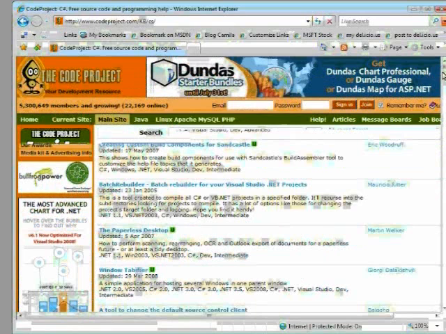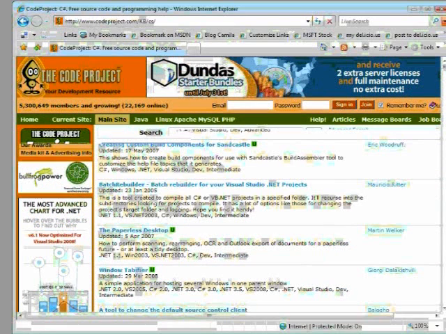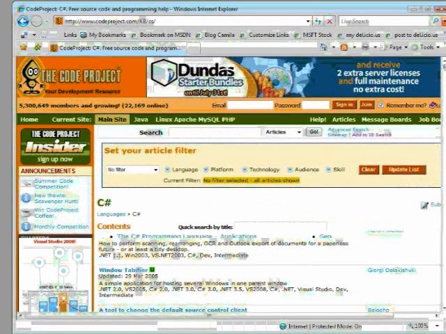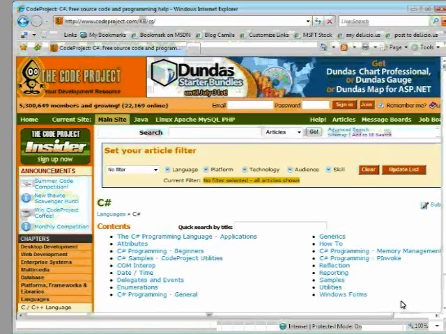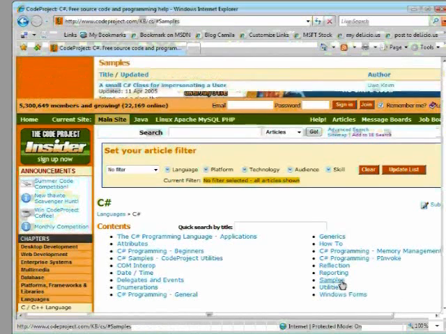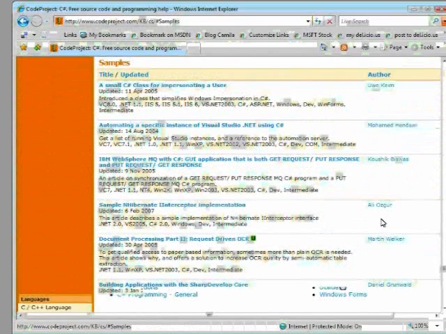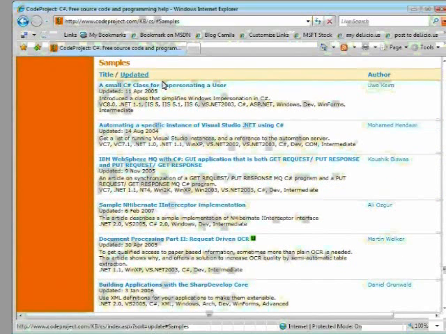So as you can tell, this is a huge page, okay? And the content part already gives you the first category that you want. So for example, you have applications, attributes, etc. So if you want, let's say you want to go to, for example, samples. I did the whole page, but just for the sake of example. We went here for samples, and what I did is,